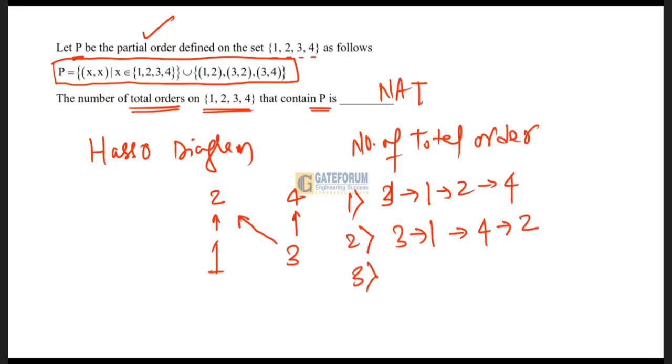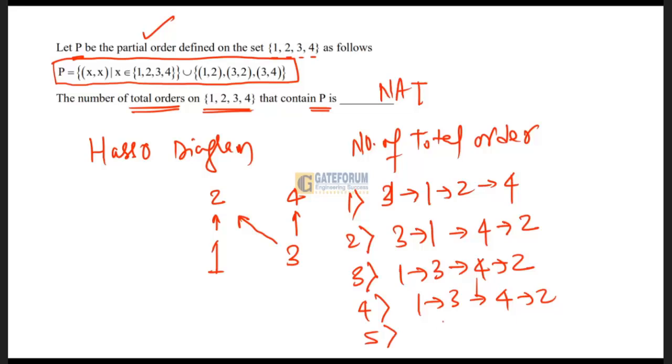The third may be 1 to 3 and 3 to 4 and 4 to 2. And the fourth may be 1 to 3 and 4 to 2. Just making choices from this. And the fifth one can be 3 to 4 but 1 to 2, right? So this can be the total order in which